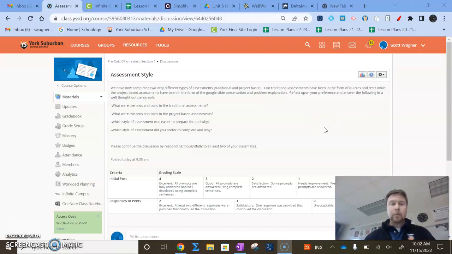As I was going through the information for discussion posts, I really struggled with this section, especially being a math teacher. Usually, everything in our curriculum is very cut and dry, very right or wrong, black or white, and there's really not a whole lot of information that we can use to really expand on a discussion.